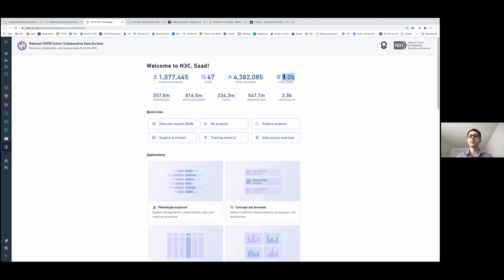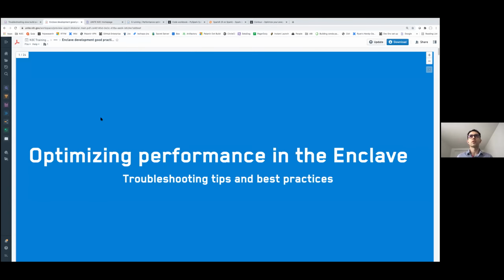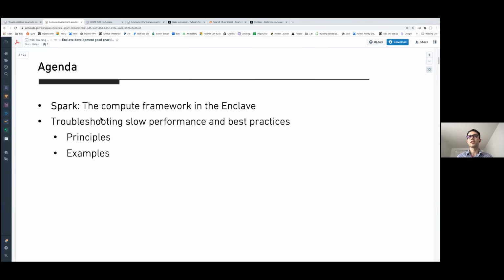Some of the domain tables, if you started using them, like the lab measurements, is 2.3 billion rows. So it is becoming important to follow some good practices when writing code to conduct analysis in the Enclave, whether it's using Code Workbook or even using Contour, so you can ensure a smooth development experience and avoid suffering from long build times.